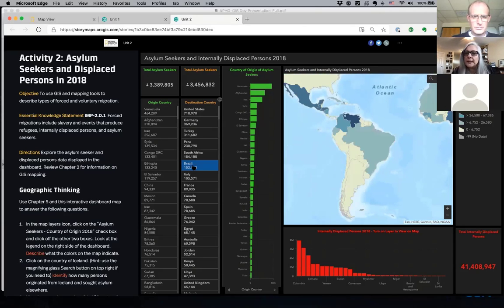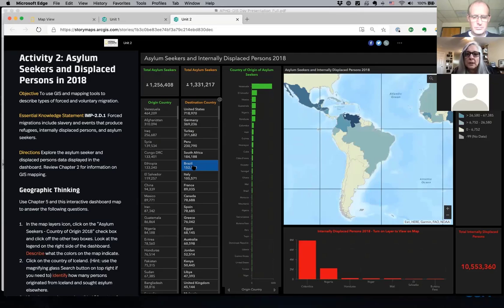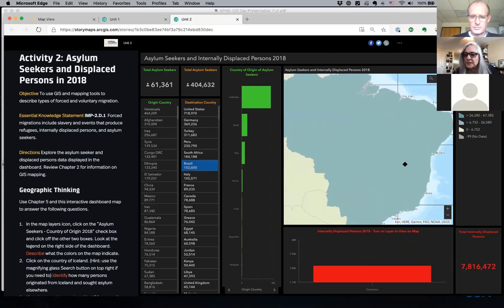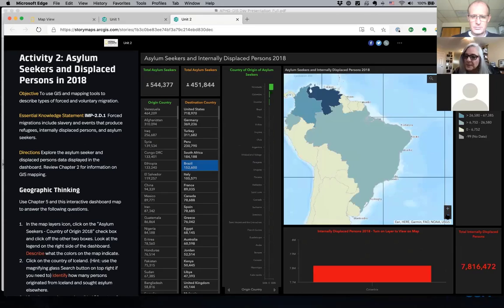So if we want to click over in the list under total asylum seekers as far as destination country, it'll zoom in, and then our layers, the graphs will change, etc. Now, if we want to zoom in much closer to Brazil, we probably don't have data for that. We have Colombia has actual, because remember, this is internally displaced persons down here. So in any case, the students can really explore the maps, and they get some other data layers to explore